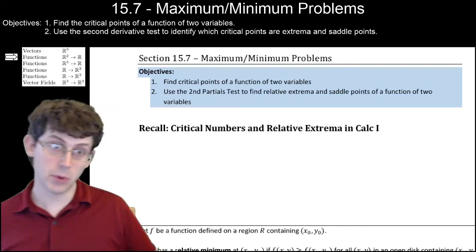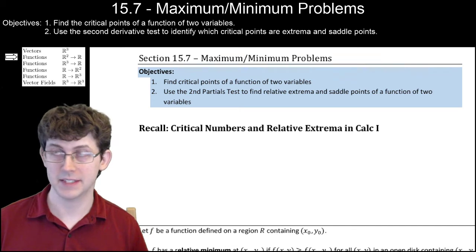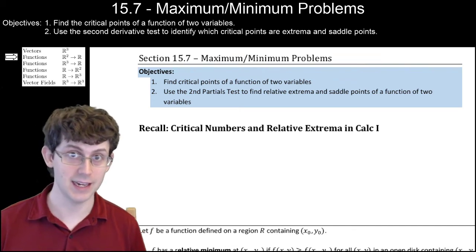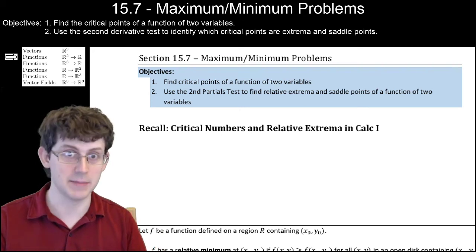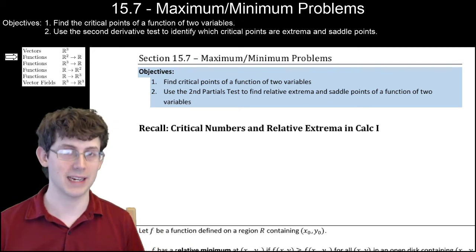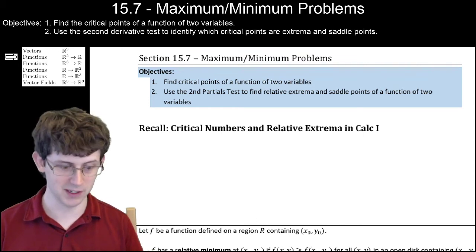This is section 15.7 on maximum and minimum problems. Sections 15.7 and 15.8 are both different ways of finding maximums and minimums. You should care about maximums and minimums because the main reason math is used in the world is to optimize